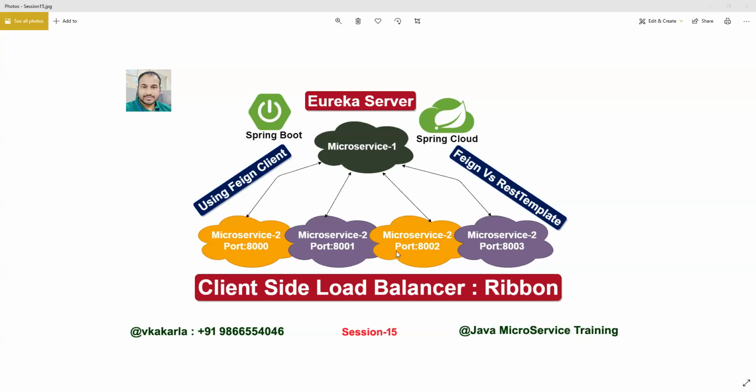So we can maintain the same instances on different servers based on your application's weight, based on how many customers are approaching your application. The product owner will take care of that. How many servers I can maintain for my application, how many instances I can maintain, the product owner as well as the architect will decide these factors. Thank you, Veer. Got it? So this is the client-side load balancer using the Ribbon client.